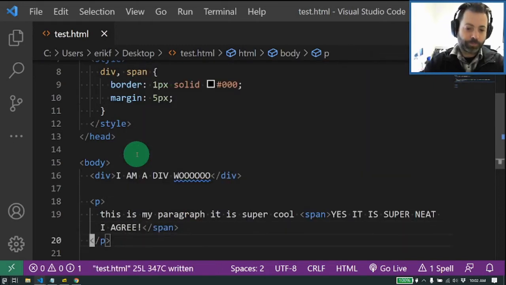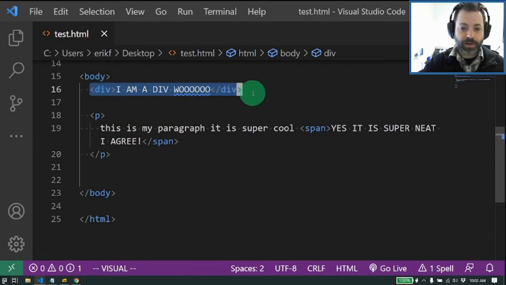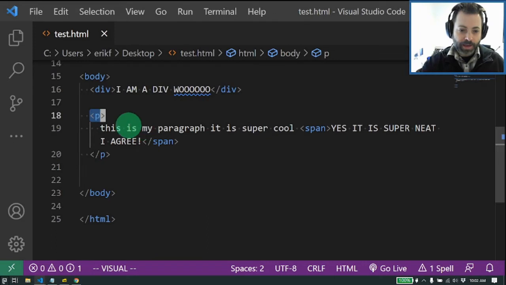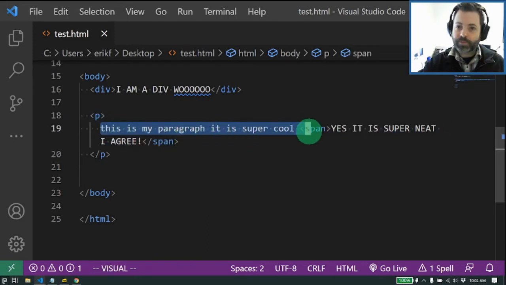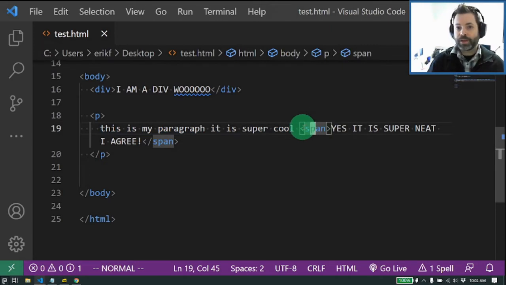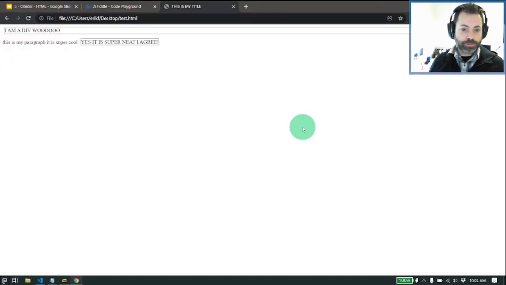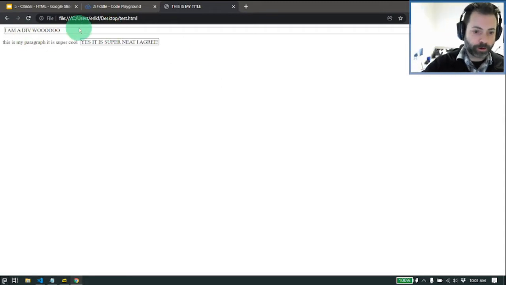Okay, so what do we have here? We have a block element, div. We have another block element, p. Inside of the paragraph tag, I've got paragraph text and a span. A span is basically just an inline element for enclosing something or differentiating something, and then you would style it however you want to. So when I refresh my page, all right, so I have my div here,